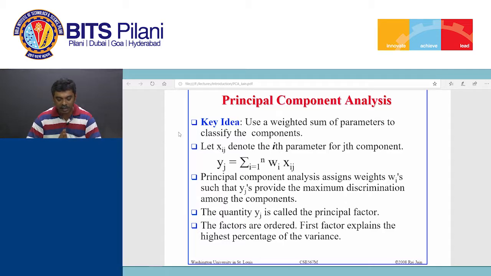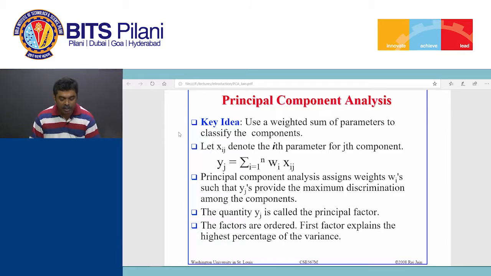like Y1, which is nothing but summation i equal to 1 to 2 of Wi xij, right? So what will Y1 be? Y1 will be W1 x12 plus W2 x21, right? So these are the weighted combination. So you have two input components to your output, right? Okay, and similarly you can compute Y2, and let's say there are only two